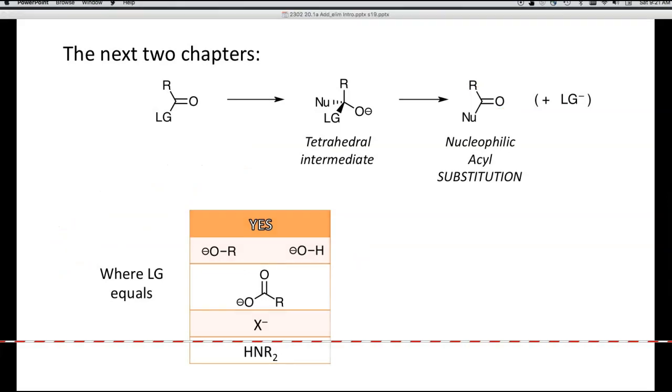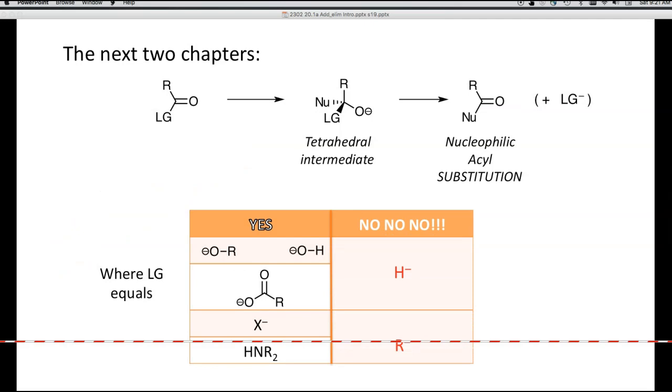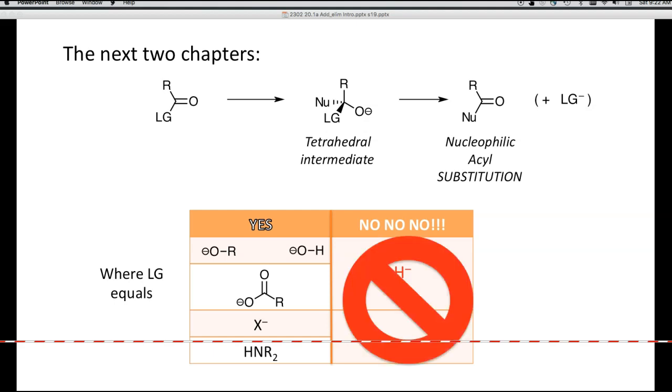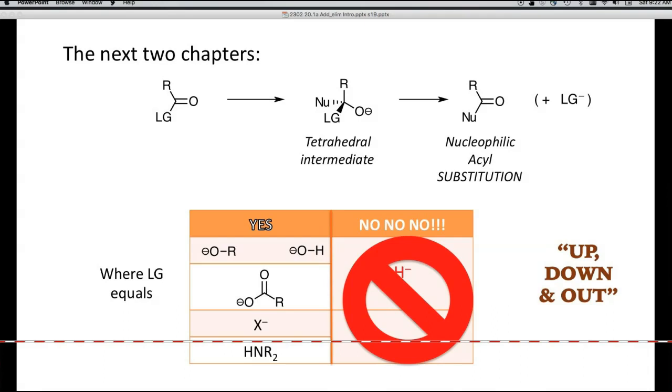What will not work is aldehydes and ketones. In other words, with an aldehyde you cannot add to get a tetrahedral intermediate and then kick out H-. No. You cannot add a nucleophile to a ketone, get the tetrahedral intermediate, and then kick out R-. No, no, no. Will not happen. Don't go there. So, your mantra for now, for this couple of chapters, is up, down, and out, where this